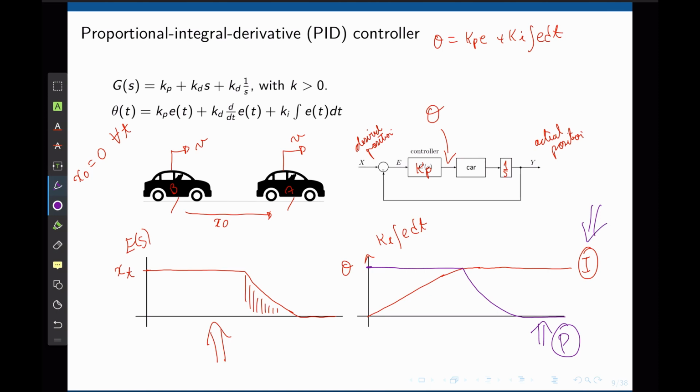The integral of a 0 is simply the past value, the initial value of that integration, which is this entire area right here. The result is a controller that has a control effort different than 0 because of the integral part, even though the proportional part is 0. And that's what holds now the throttle at a given position that will allow car A and car B to